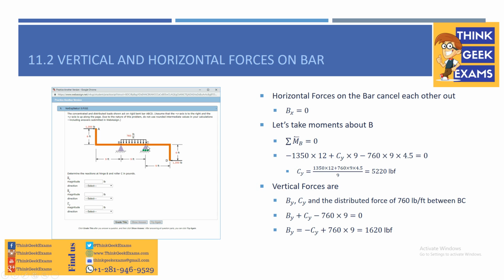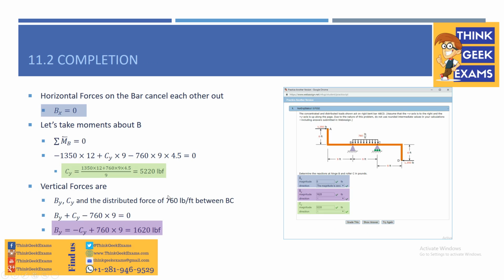By and Cy are positive because they're acting upwards. So By plus Cy minus 760 times 9 equals 0. So By is equal to minus Cy plus 760 times 9, which is equal to 1620 pounds. So that's our answer to By. And once we got all three answers, once we put them in,